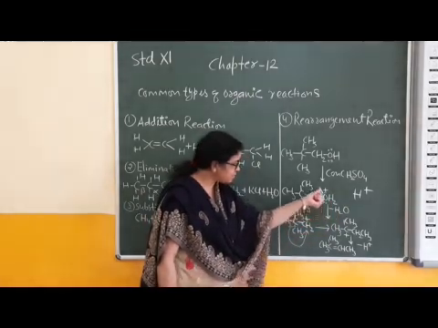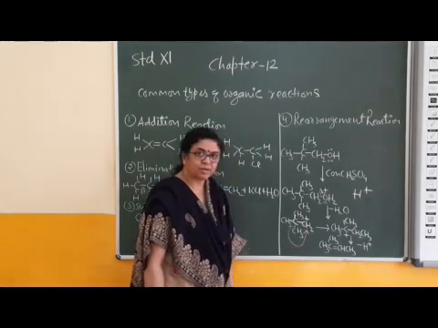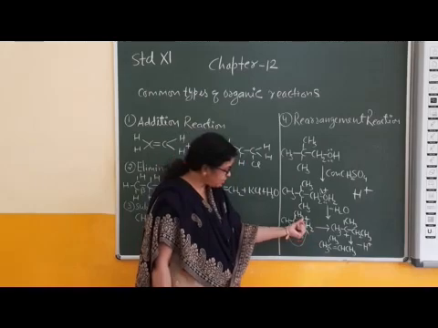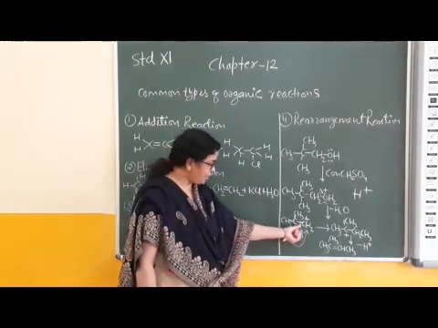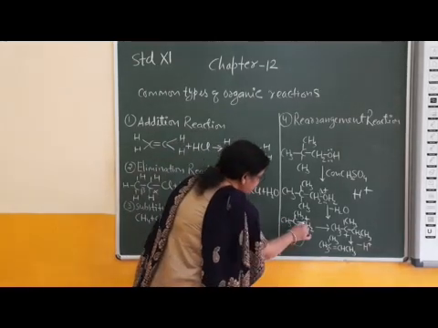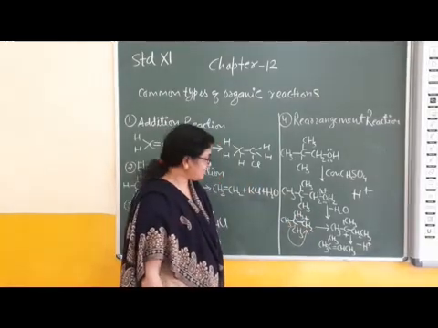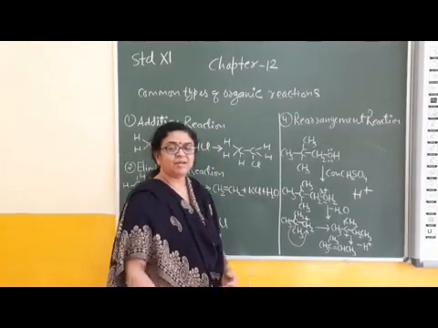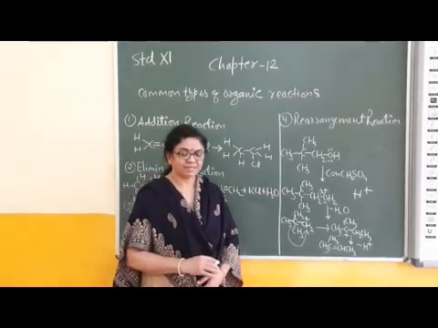Then what is left? This cationic part, this positively charged carbon. Okay children? This positively charged carbon or carbocation is a primary carbocation. This carbon is attached with one carbon only. This is primary carbocation, right? But primary carbocation is less stable than secondary carbocation and tertiary carbocation, right children?